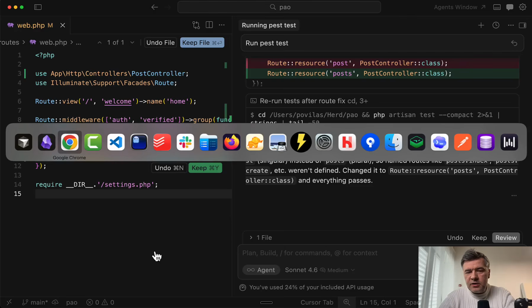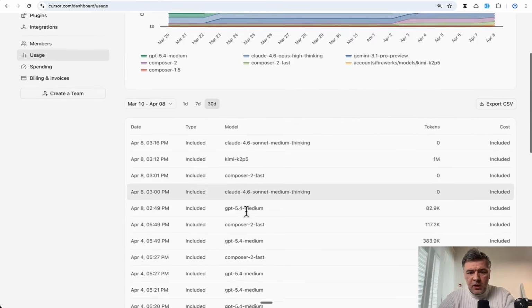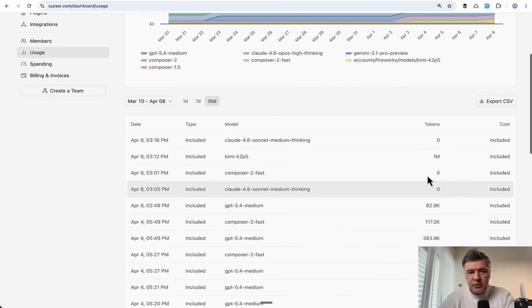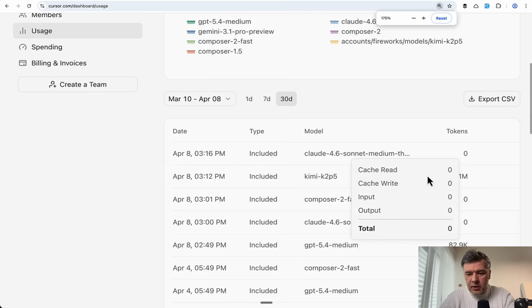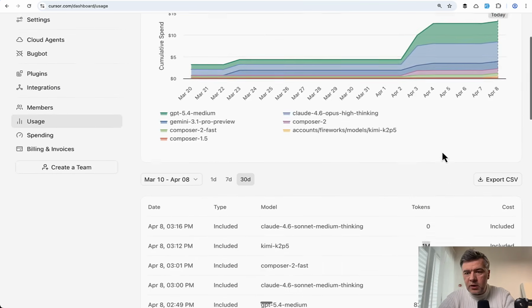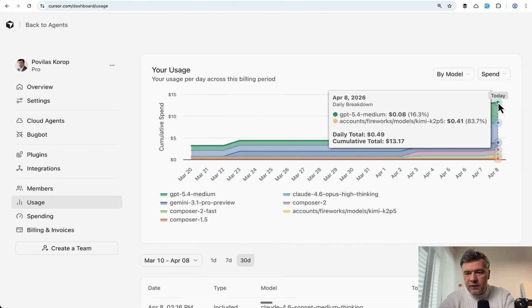And now let's see the Cursor dashboard, how much it took in terms of tokens and money. Okay, and there we go. We are on the dashboard. For some reason, for Claude and Composer, the tokens are 0. Not sure why it's not logged. Maybe a bug on the Cursor dashboard. But for the Kimi response, we have 1 million tokens, which is 41 cents in money for that CRUD creation on